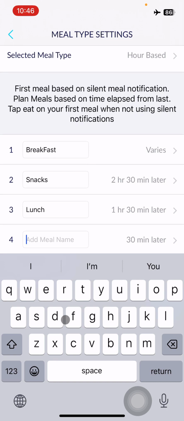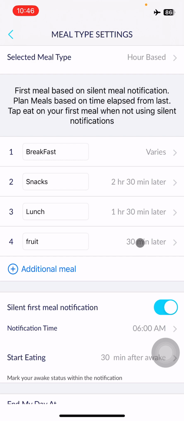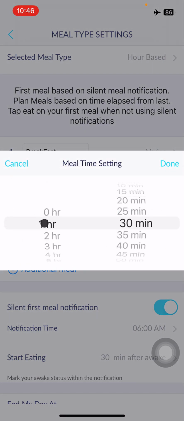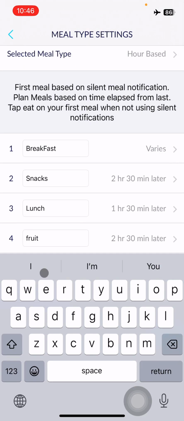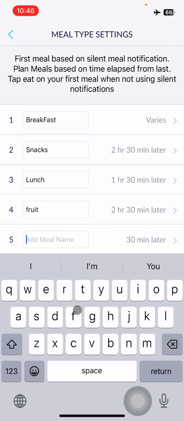So we can do similar to like we did before. You can do fruit, and then we can do like maybe 2.5 hours later, and then we can do like, I don't know, it doesn't have, again, you don't have to be specific for snack. I'm just trying to be a little creative here. Instead of putting a snack, we could put, I don't know, let's say like veggies. Okay, we can do veggies,